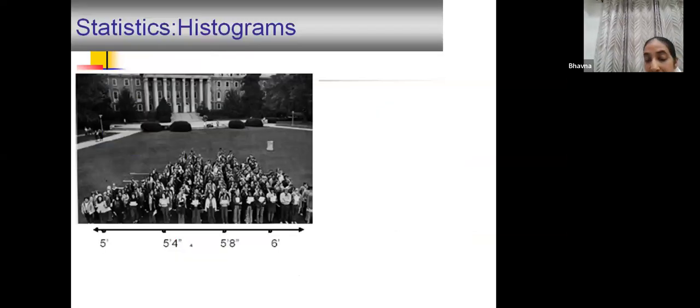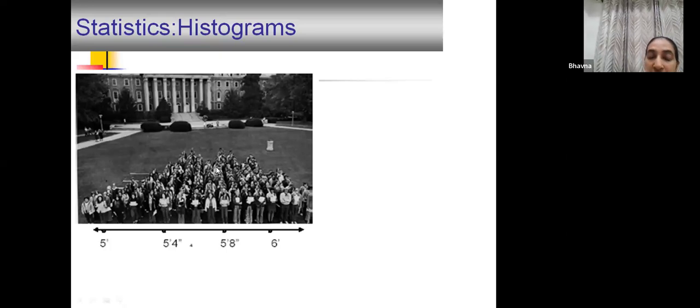Okay. For example, all of you students today, if I make you stand in order of your height, right? Let's start with 5 feet to 6 feet. You can see 5 feet, 5.1, 5.2, 5.3, 5.4, 5.5, 6, 7, 8, 9, 10, 11, and 6 feet, right? Now, if I make you stand in order of your height, all those students whose height is 5'4" are going to stand one behind the other.